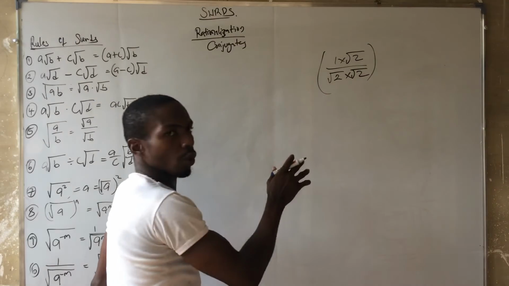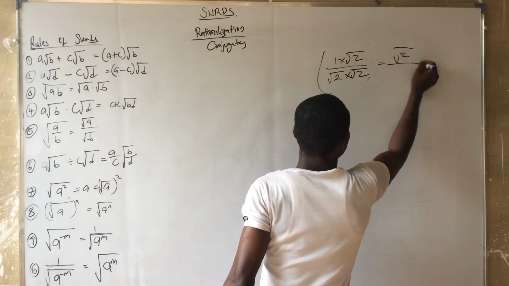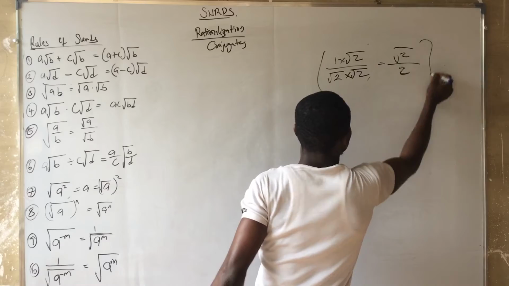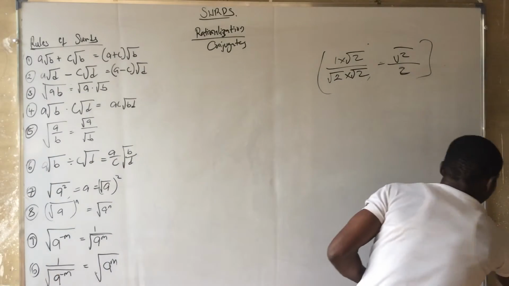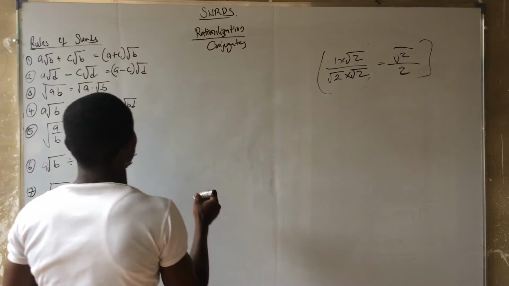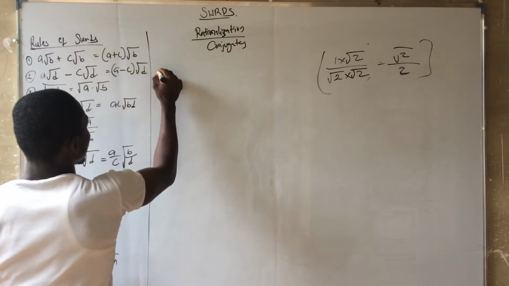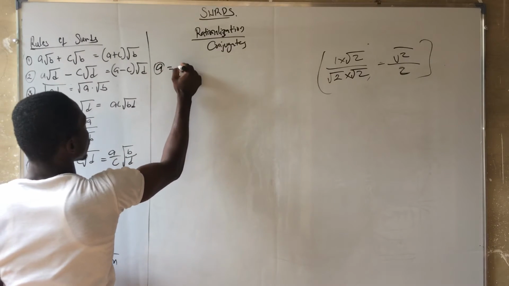So I want to show how this equals root 2 over 2. But before then, I'll be proving some of this. So now, this first one says